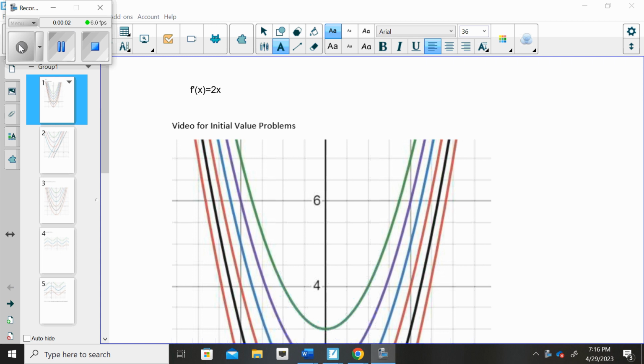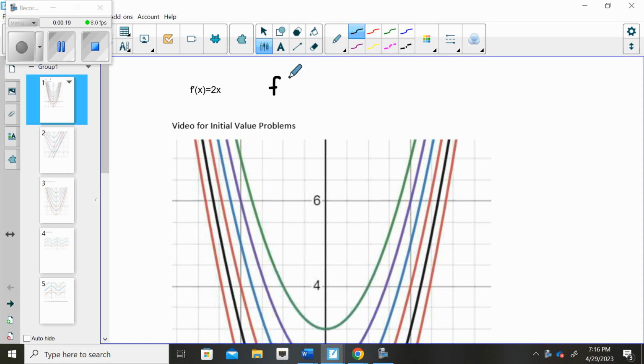So it's been a couple months now since you first were introduced to the concept of an antiderivative. And the very first question I asked you was to list three functions whose derivative is 2x. So the day I introduced this, that was the very first exercise. And for some of you, you immediately thought of x squared and then said, well, what other functions could have